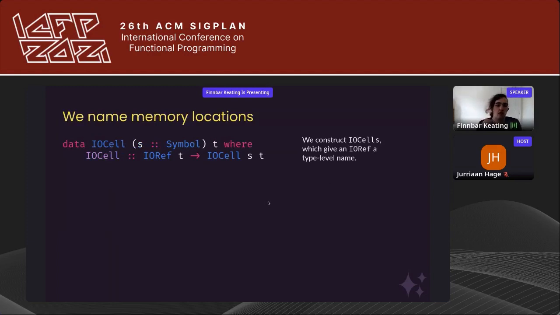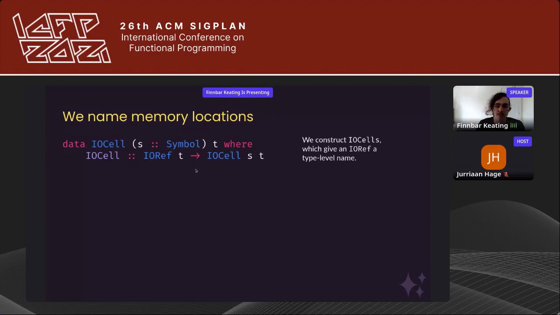Final thing we need to do is we need something to put in that type level list. And what we do for that is we name memory locations rather than just using raw IORefs, which would have some problems because we want to check uniqueness of types effectively. If we only use an IORef, then you're only allowed one IORef Int, which is really bad. But we associate them with a Symbol kind, which is a type level string